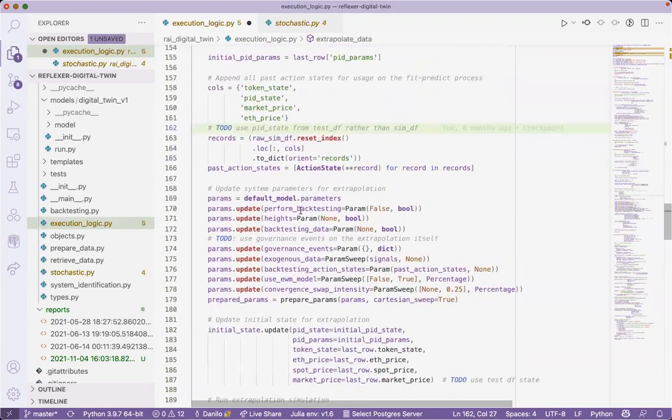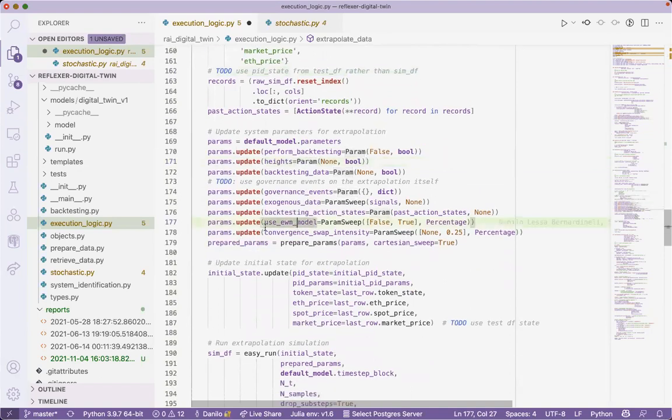It's really a lot of things. For example, here I do a parameter sweep over the UseML model. It can be false or true. So I'm going to get scenarios both using and not using the model. At the same time, I can sweep the convergence swapping test here between none and 25%. Suppose one of you wants to know what happens if it's 100% or 50%. You could simply modify it here. We would have a lot more scenarios if we do that. And probably this is going to be a challenge for the next workshop.